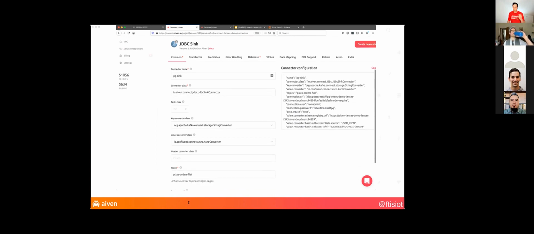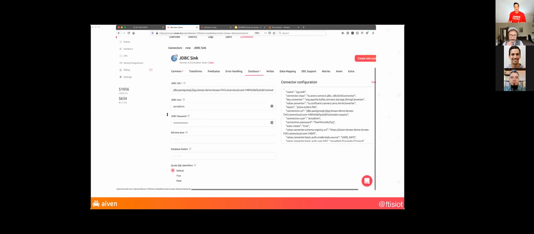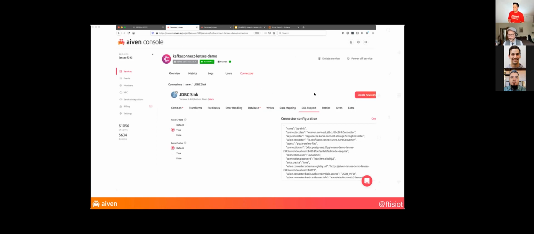And the topic from Kafka that we are going to push to Postgres is called pizza orders flat. On the database side, we have the JDBC connection to our Postgres application with JDBC user and password fields. And the other bit that we want to do, because we are lazy, we don't want to create the table ourselves. We want Kafka Connect to also create the table for us. So we enable the auto create option. So now if we click on create new connector,